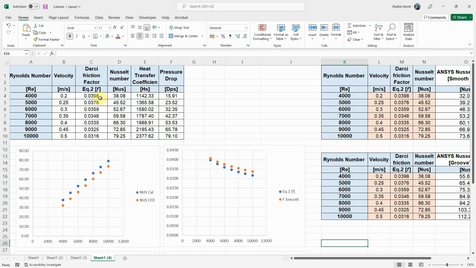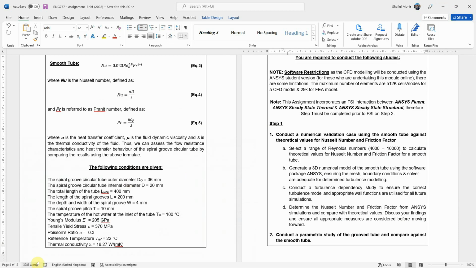From these, again using the equation, I can calculate the heat transfer coefficient that needs to be applied into ANSYS. This can be found in the equation. And then, rearranging the equation, you can find the theoretical delta pressure, which will help you going forward. You can see on the graph that I've already done a validation case where the theoretical and numerical results are in very good agreement. So let's see how this is done now. I'll let you deal with the maths side of things in order to get the Excel sheet up and ready. The first thing we're going to do is open up ANSYS